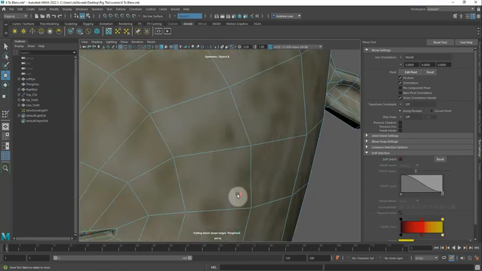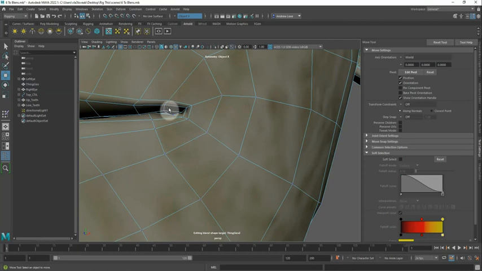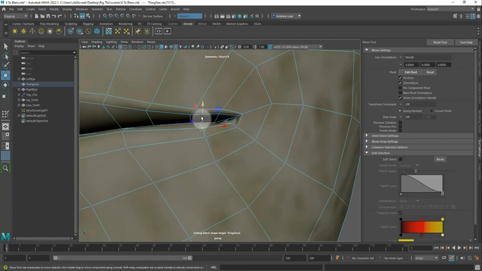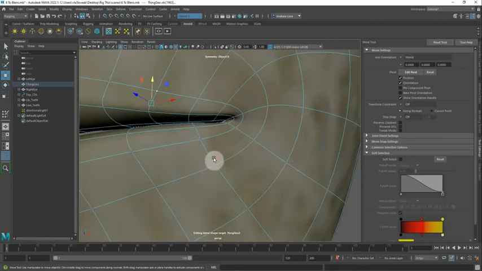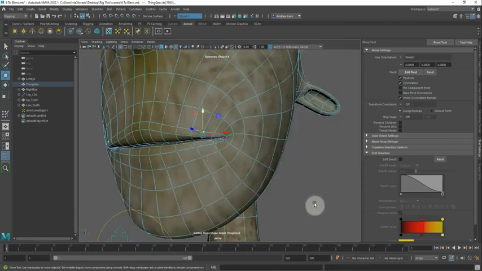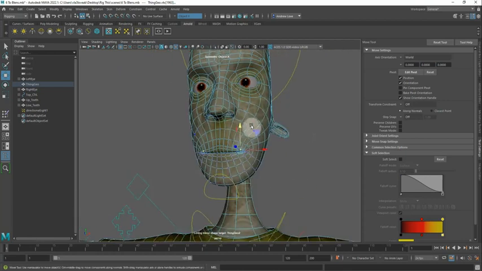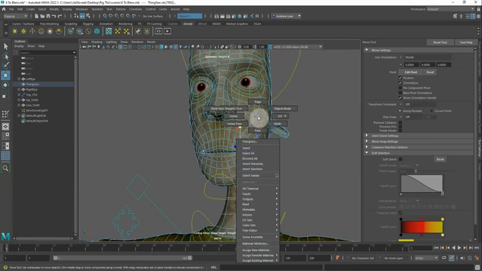Turn off soft selection for a second. Play nicely with some of these. Make sure they close up nicely. And then again, check them smooth. Make sure that looks okay. That looks fine now, I think. Okay. Object mode